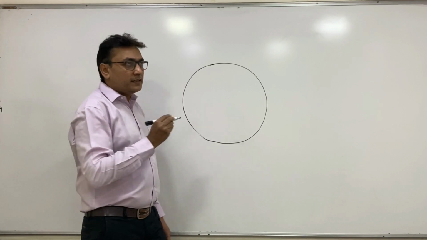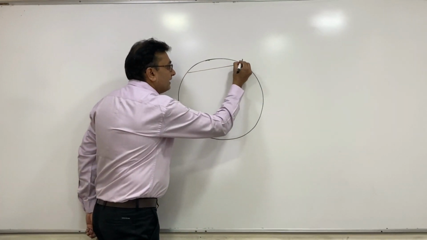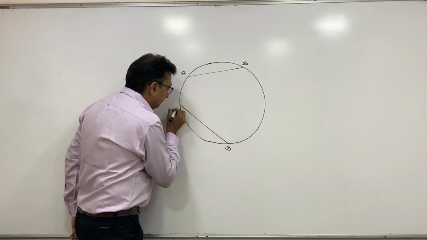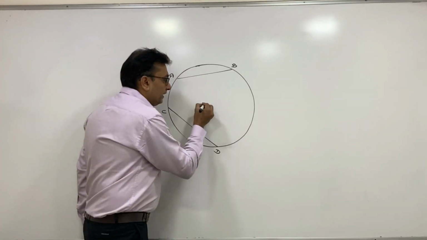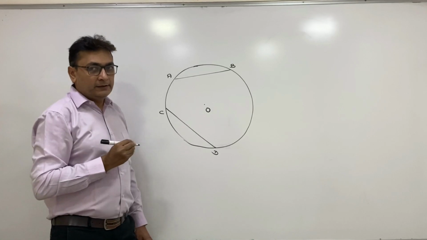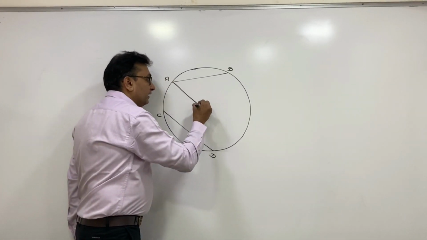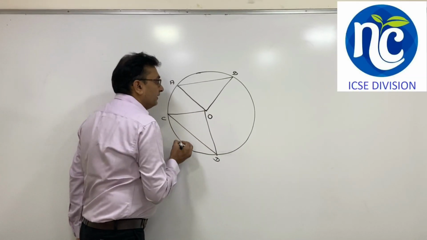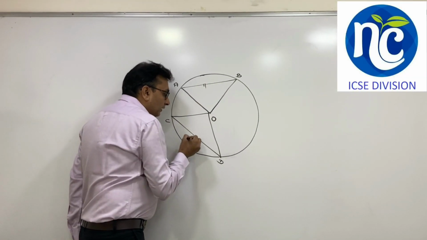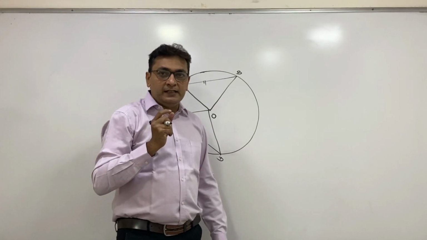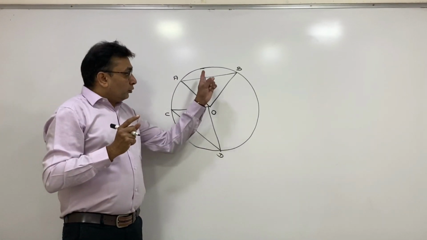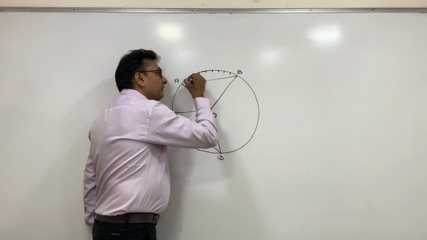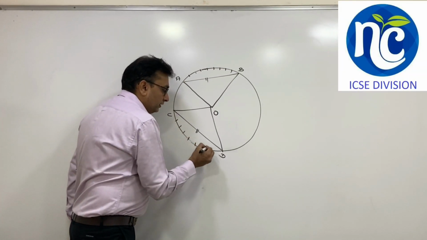Now, suppose this is a circle. As explained in the last lecture, these are two chords. A new property would be, suppose O is the center, then these two are radii, even these two are radii. If two chords are equal, two congruent chords subtend two congruent arcs. This we have learnt in the last lecture. It is not a new thing.